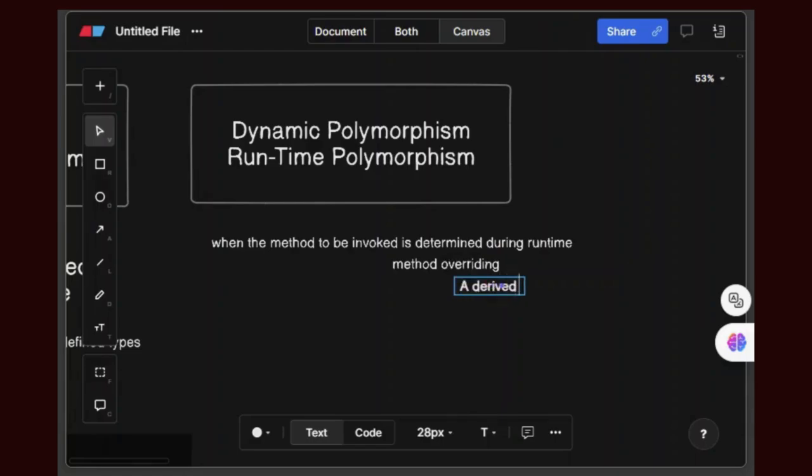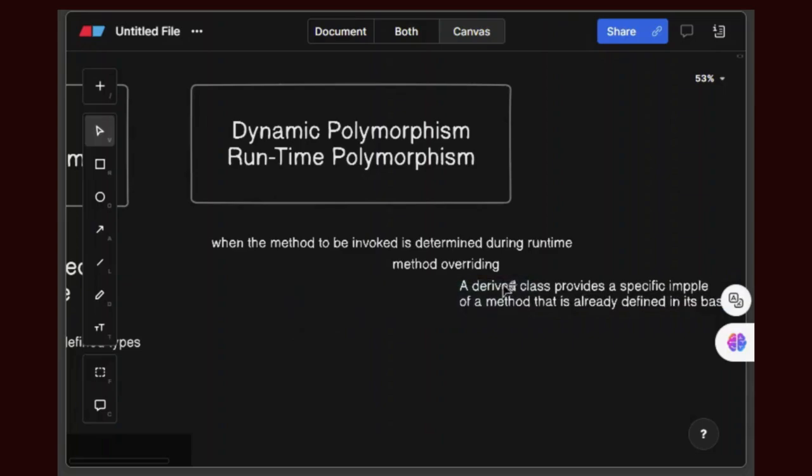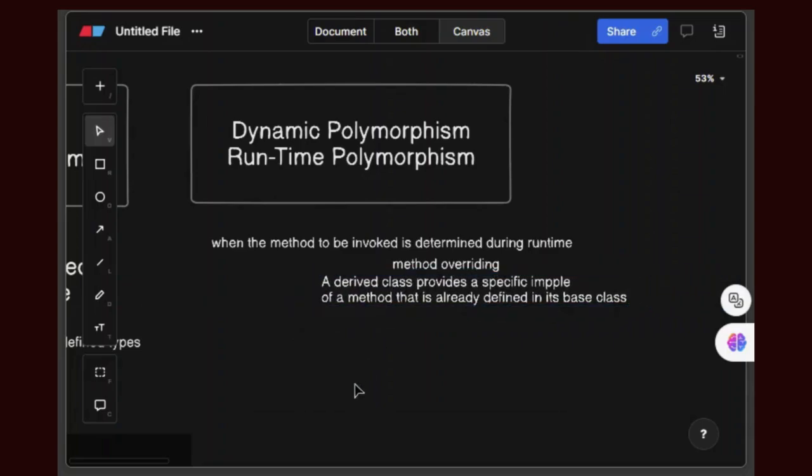A derived class provides a specific implementation of a method that is already defined in its base class. Right now, virtual functions are in the case of runtime polymorphism.